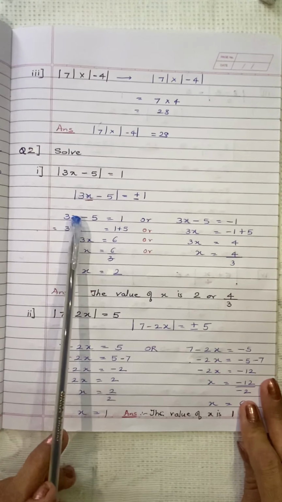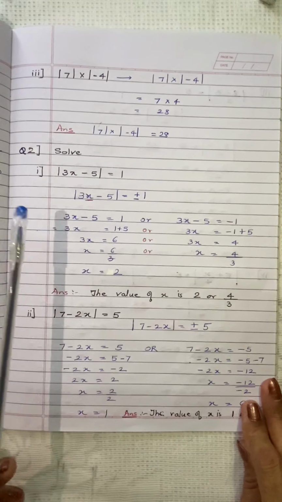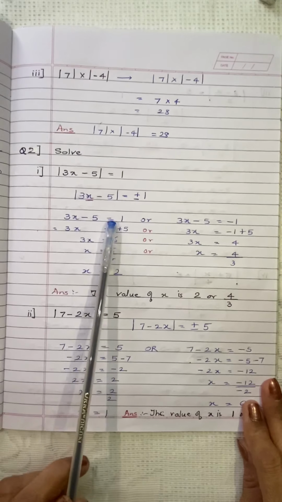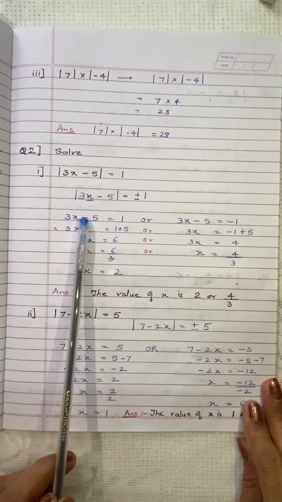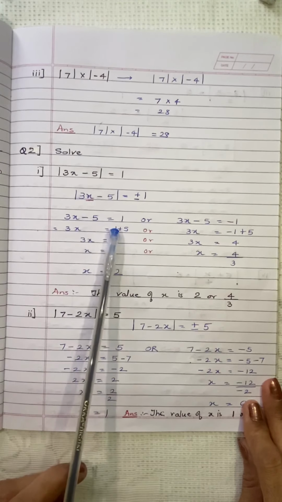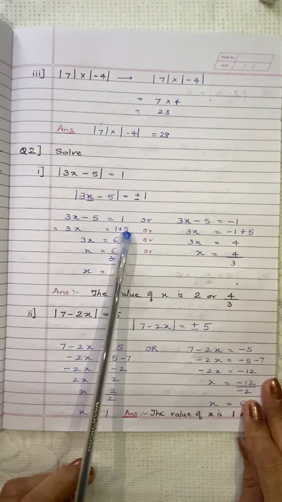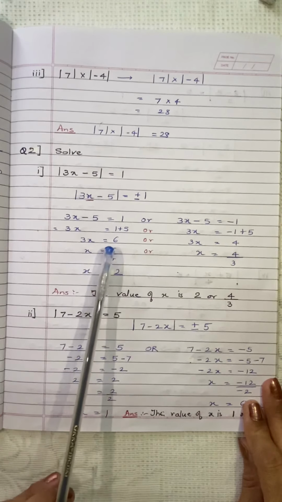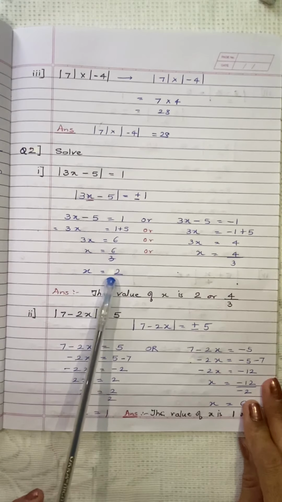So if we solve by both the methods, that is positive 1 and negative 1, let's see, we are getting different answers. 3x minus 5 is equal to 1. Then 3x is equal to, the way we solve the equation, same way we have to do it. Negative 5, taking to the right hand side, becomes positive. So 3x is equal to 5 plus 1 is 6. x is equal to, 3 is multiplied, the other side we divide, 6 upon 3. Now x is equal to 2.